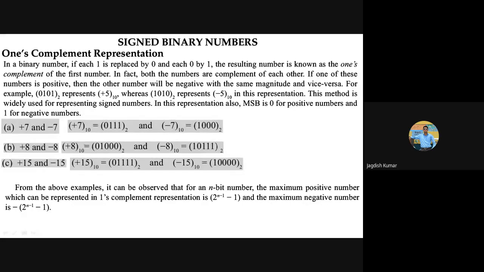It is 2 raised to the power 8 minus 1, which is 2 raised to the power 7. So what is 2 raised to the power 7? It is 128, correct? And then minus 1, 127. So that is why 127 is the correct answer. Those getting 63 need to check what mistake they are making. I asked you to do the calculation for an 8-bit system, right? So small n is 8, and accordingly you should get the answer. I hope it is clear and simple.